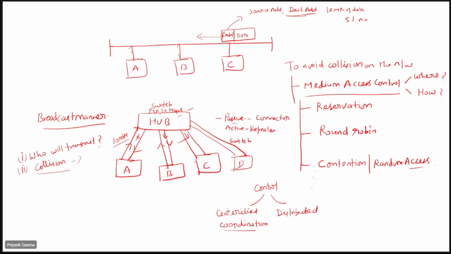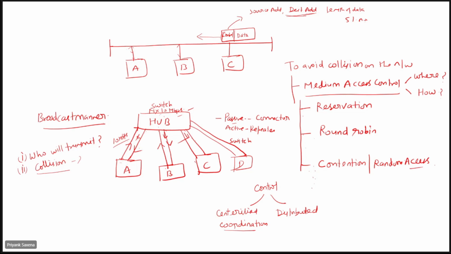So that is distributed control, and this provides more flexibility in the system, right? A failure of a single node will not disable the entire communication. But distributed has a disadvantage that